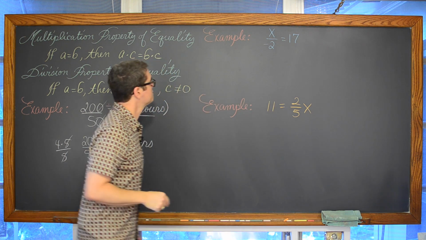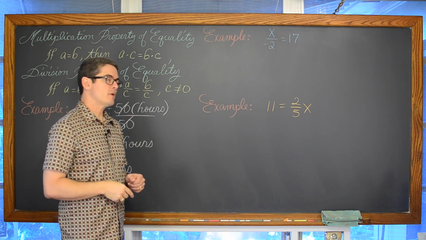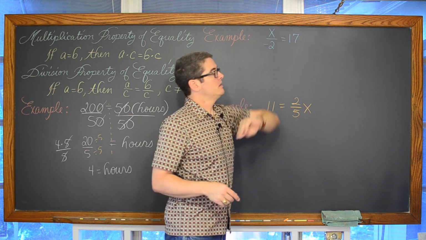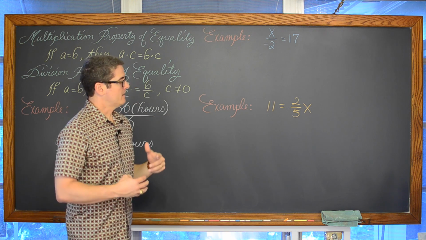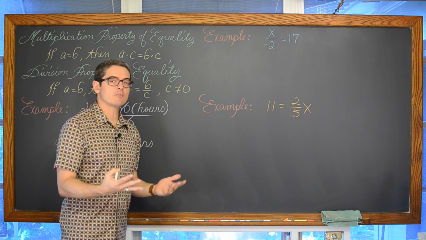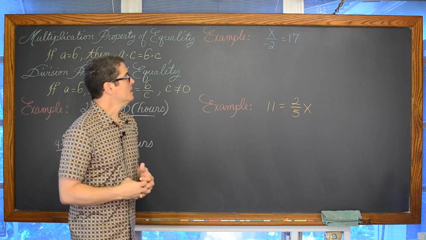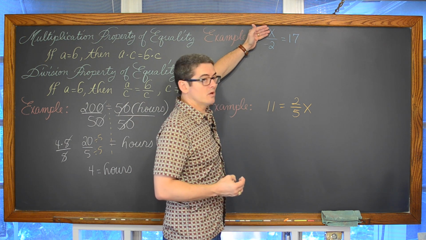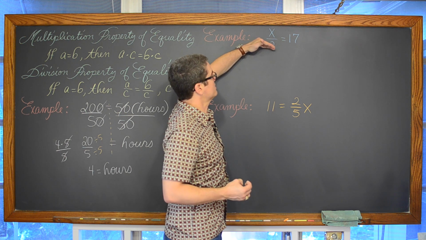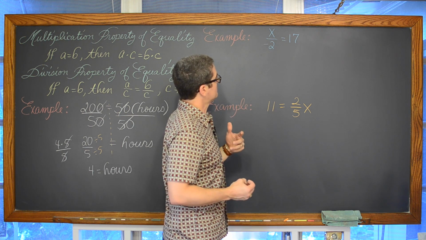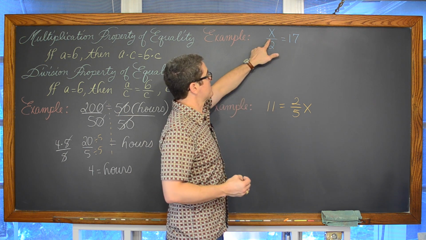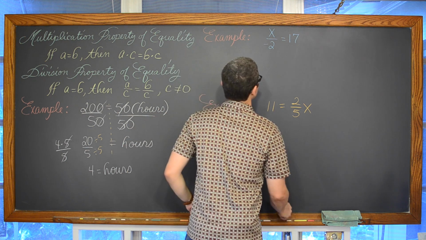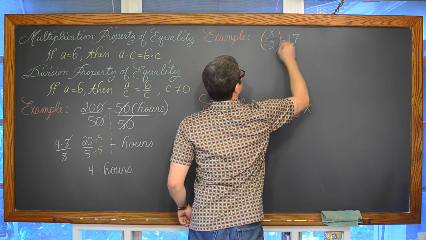per hour. Our second example over here is we have x divided by -2 is equal to 17. And a fraction bar, that's what it represents. A fraction bar represents division. So if you have a fraction, this is x divided by -2. You can look at it that way and go, well, hey, the opposite of dividing by -2 is to multiply both sides by -2.